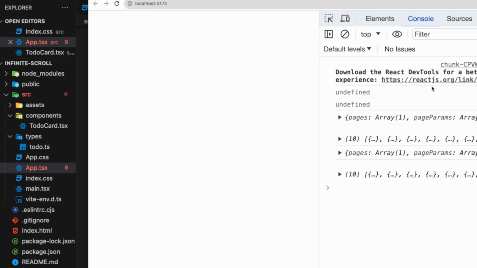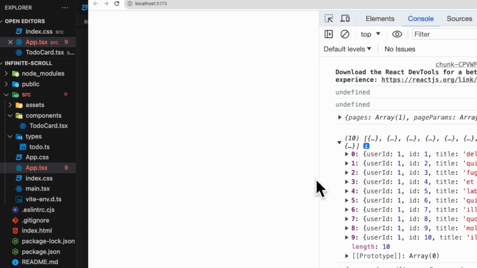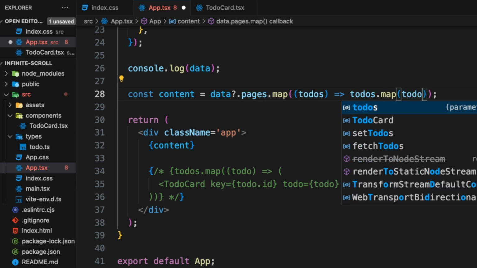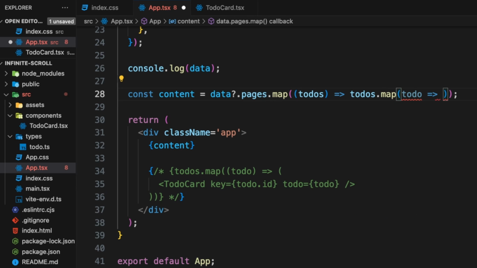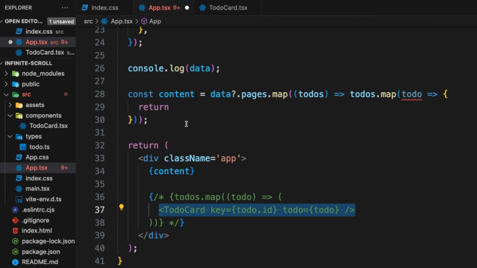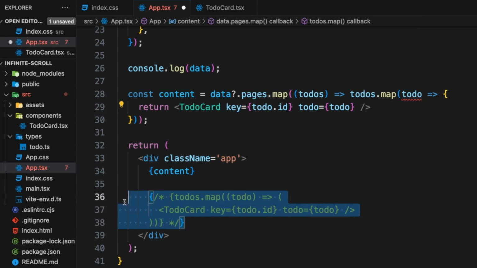Let's refresh, and as you can see, to-dos is basically an array. And here, of course, we can map through this to-dos. We can say to-dos.map. We grab the individual to-do, and in here, we are going to return that. So let's say return, and we are going to return this to-do card. So I'm going to copy that, paste that right here. Remove this comment,